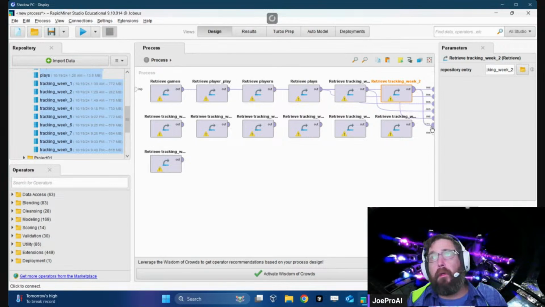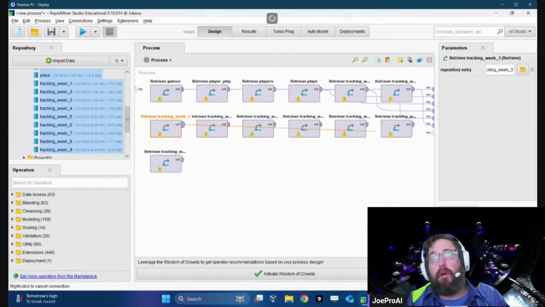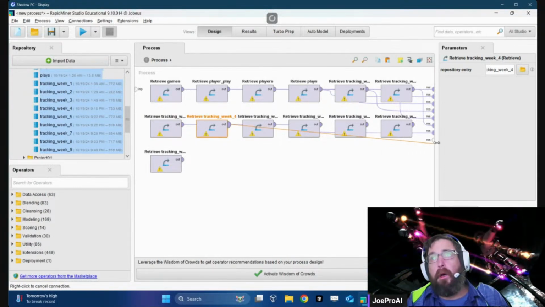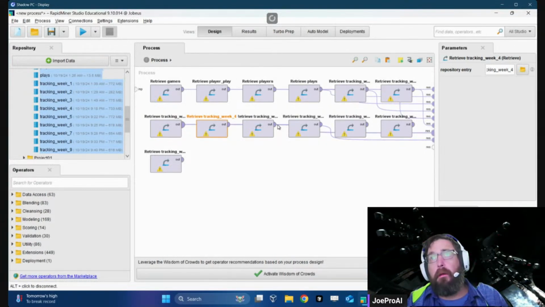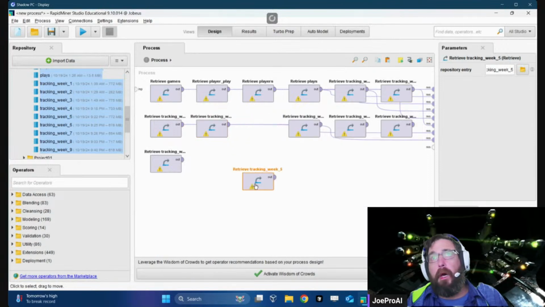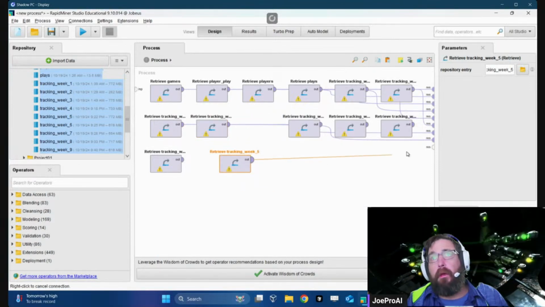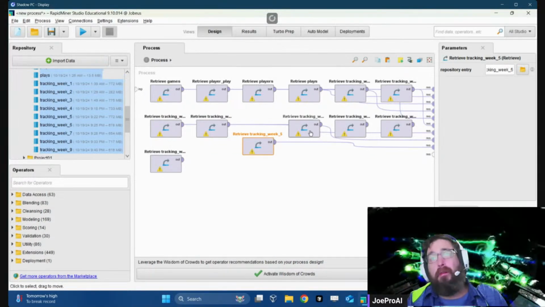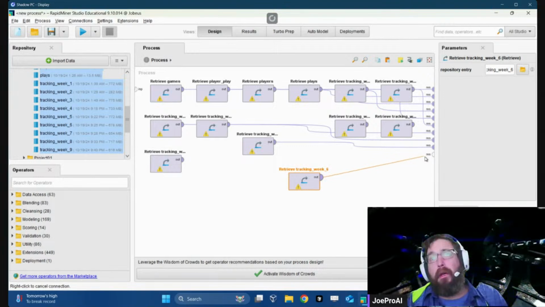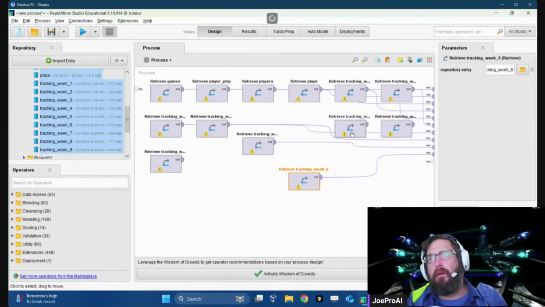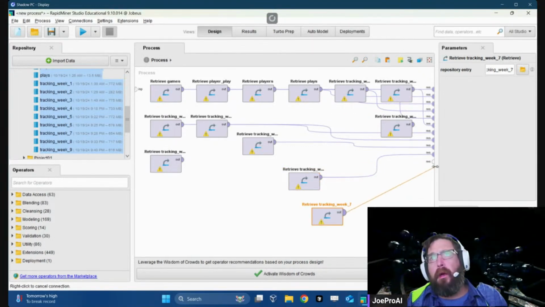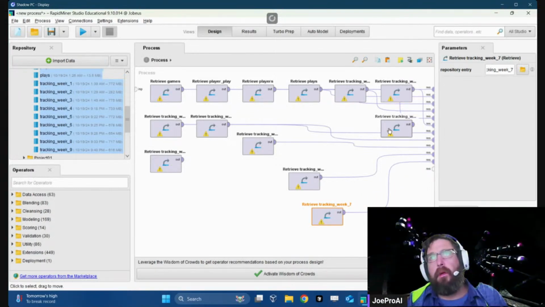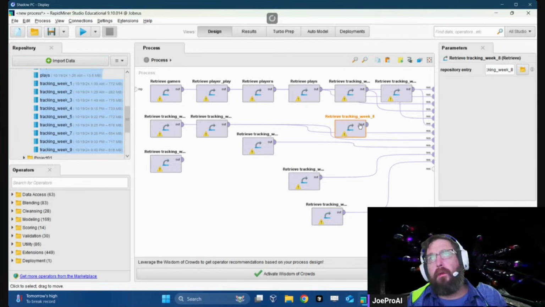All I'm doing here is that each one of these is basically a CSV or Excel file. It just creates a node out of it. This is all written in Python in the back end. I believe it's actually written in some Java and then some Python nodes. Basically, all of this stuff can be written in code, but this makes it a no-code solution.